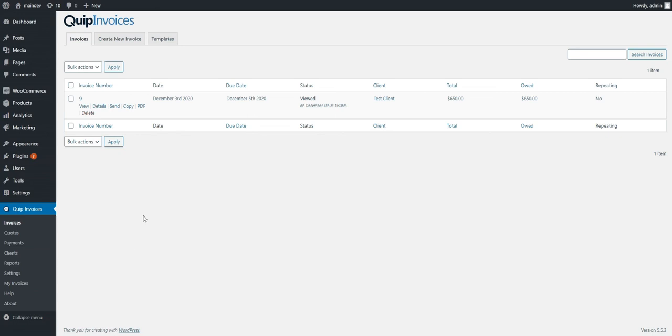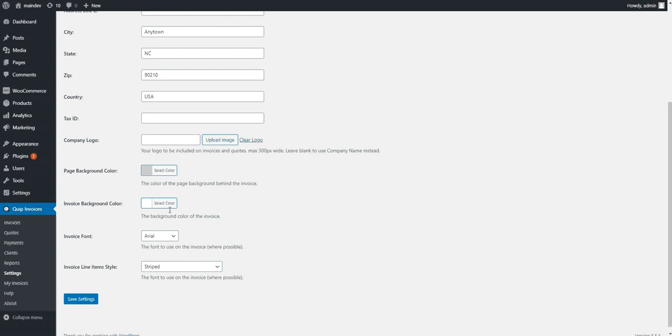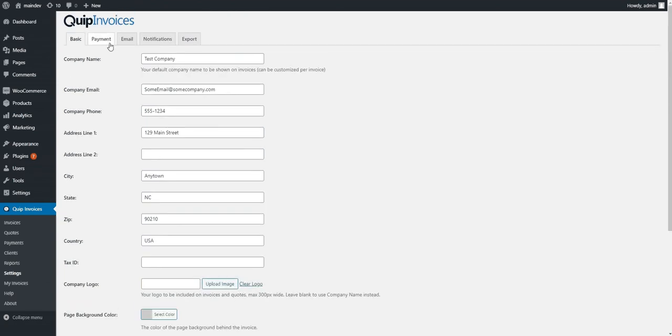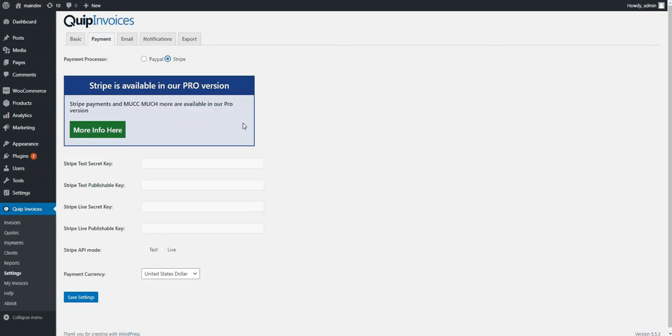works. Once you've installed it, you'll want to go in and update some of the settings. This is where you'll enter your company name, details, your logo, change some of the colors, that kind of stuff. You can also set up your payment details, how you would actually like to receive payment on the invoice. The free version supports PayPal. If you'd like to use Stripe, you're going to have to upgrade to the Pro version, and you can find